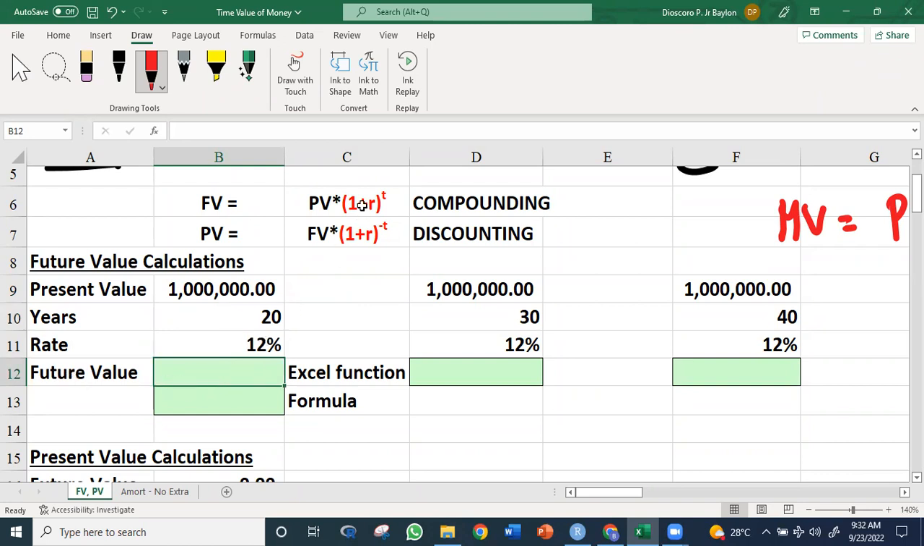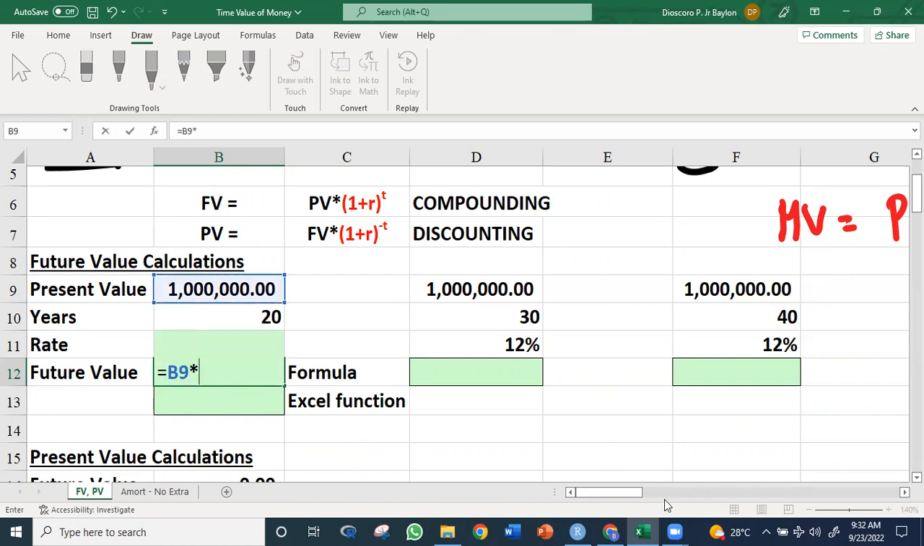So let's first use the formula. Let's use the formula PV. Let's interchange this. So I'm going to use the formula. Our present value is 1 million. The number of years is 20, and then the rate is 12%. So this is equal to our present value of 1 million, and then we multiply this by the compound factor. The compound factor is 1 plus, following this formula, our rate is